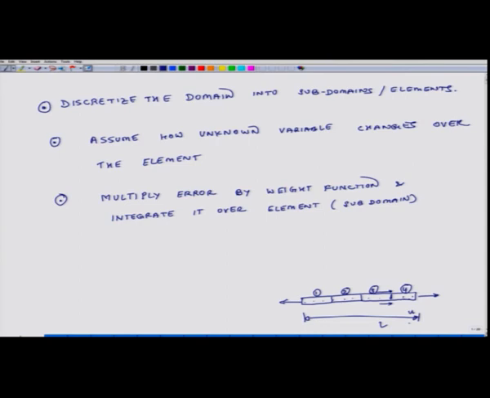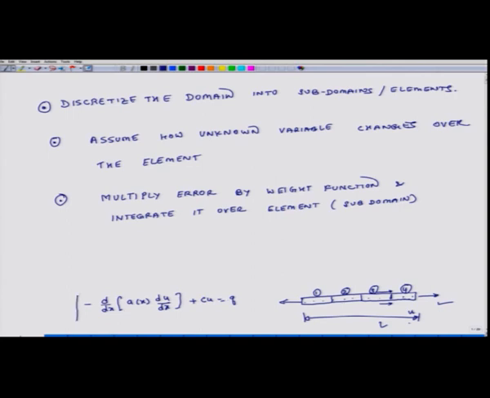Okay. What does that mean? So, suppose this problem is governed by an equation: minus d by dx of a x du over dx is equal to q. Suppose that is the problem, or to make it a little more general, I will say plus cu is equal to q.